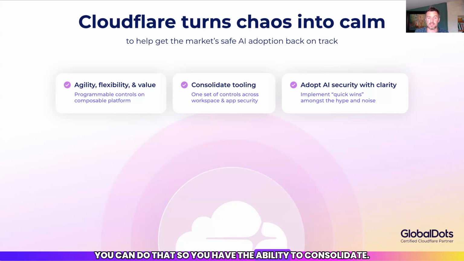So you have the ability to consolidate. And then the AI adoption is really probably one of the best in the entire market. And there are some serious quick wins that you can get straight off the bat. And hopefully what we demo later on in this session will show you some of those quick wins.